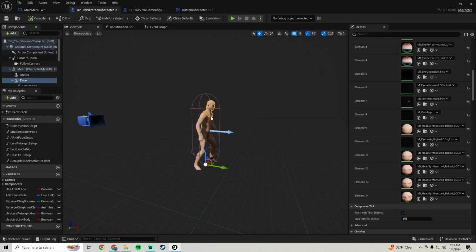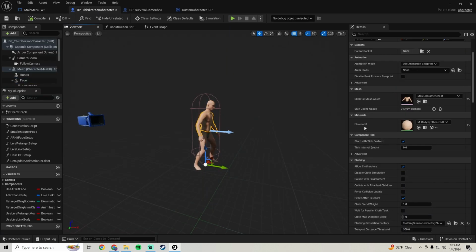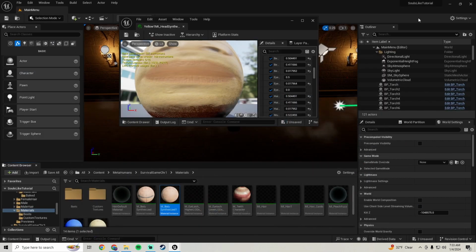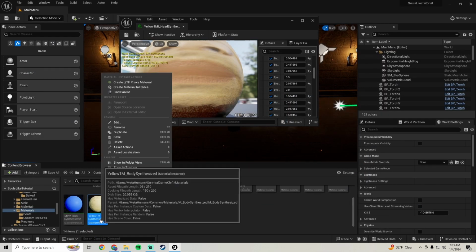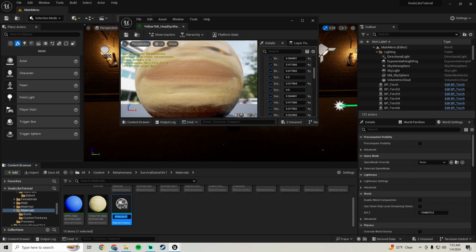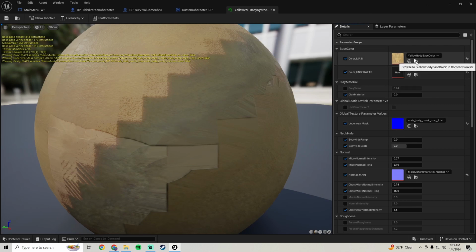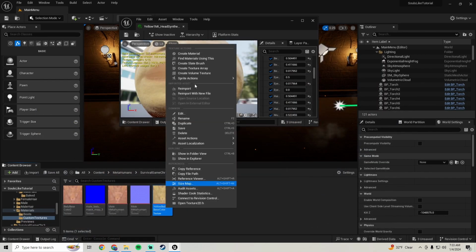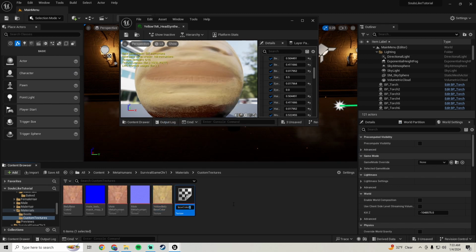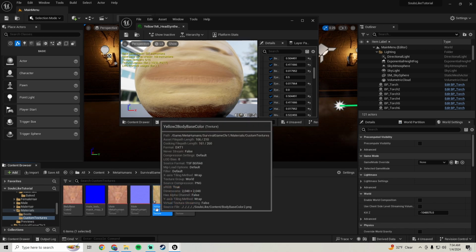So go to your third person character, click on the body, hit the search on this, and I'm just going to duplicate the one we made last time. Duplicate that material. I'm going to rename this to yellow 2 because it's going to be kind of still a yellowish color. Open that material, go to the texture, search on it, duplicate that texture, and I'm going to set this to yellow 2. Open that texture,